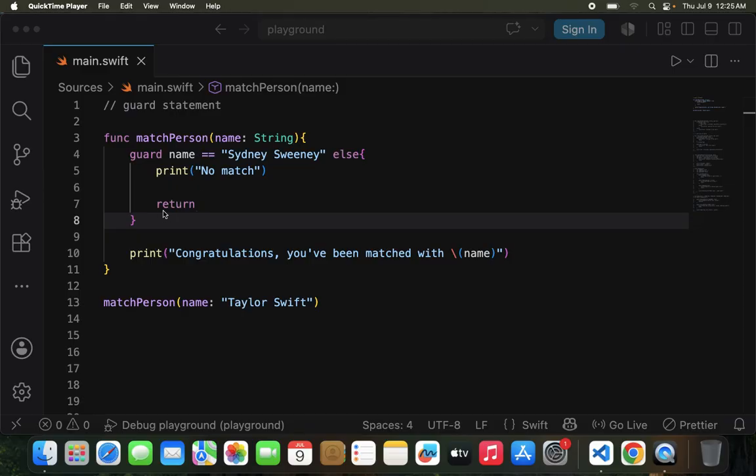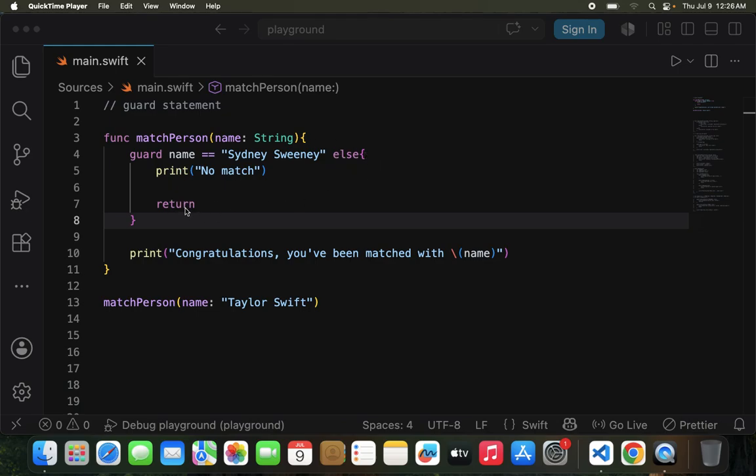But in this case, we have return. So if this precondition was met, this print statement runs. If it's not met, the function exits early by defaulting to this else block